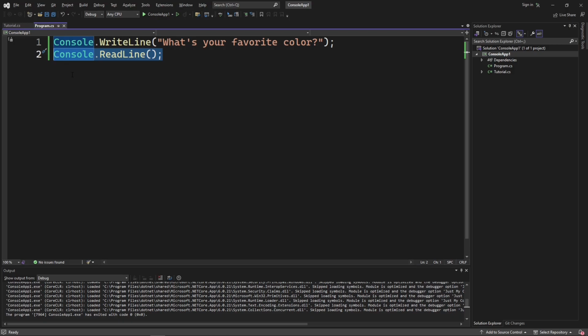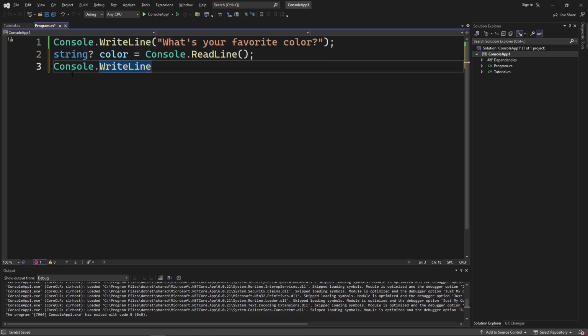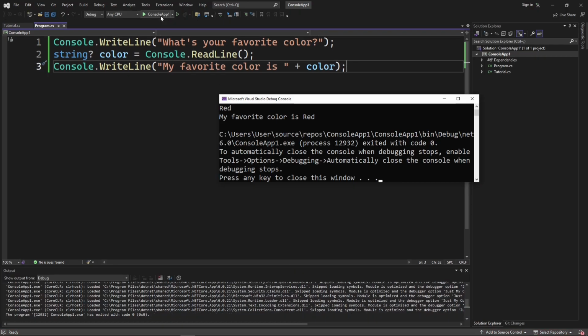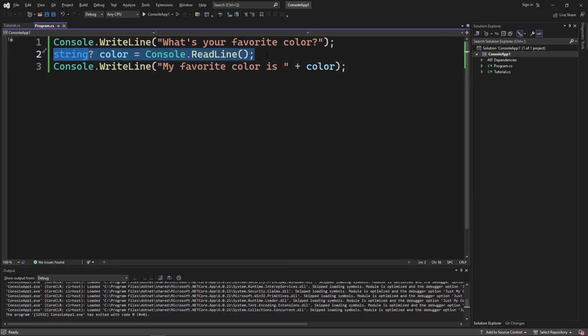Here's also a way on how to get the value of what we just typed and display it afterwards. Before the console.readLine, type string color equals. And type a new console.write line below and add the string my favorite color is. Then after the closing double quote, add a plus then color. Then hit run again. Now we can see that our color is also displayed after my favorite color is. To explain, we stored our color in a string. This string holds what we just typed. And then we called it in our new write line to display it.